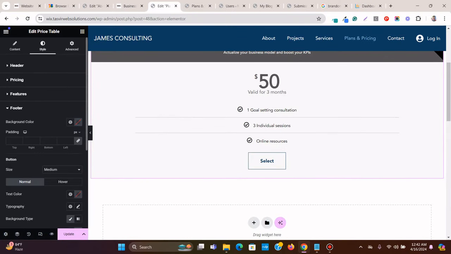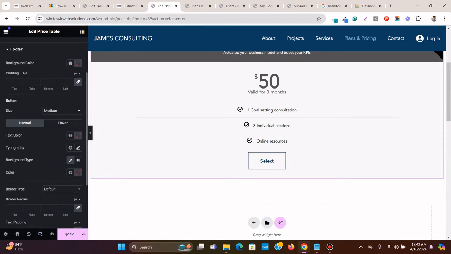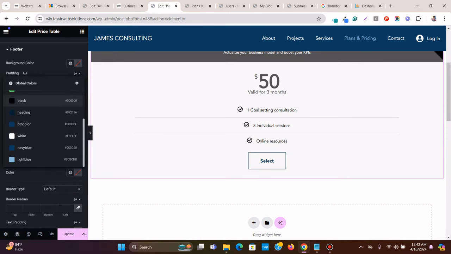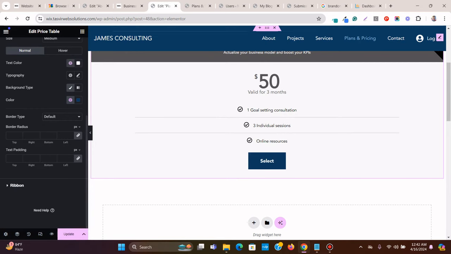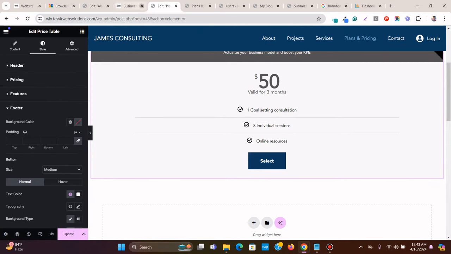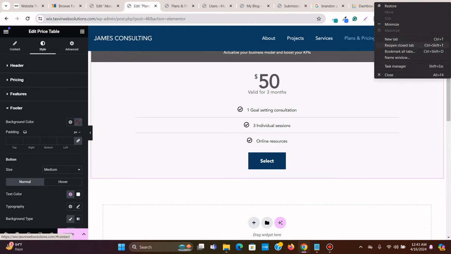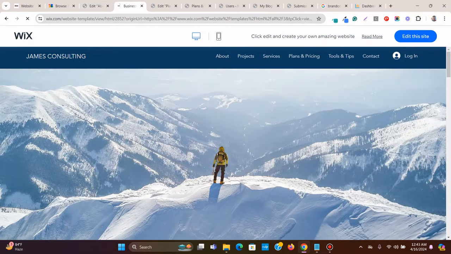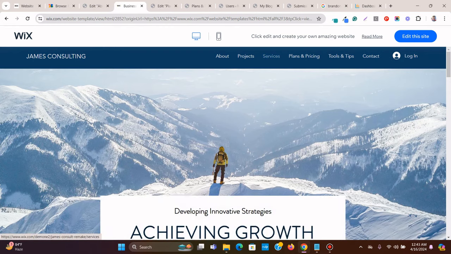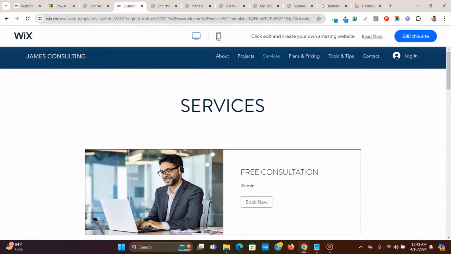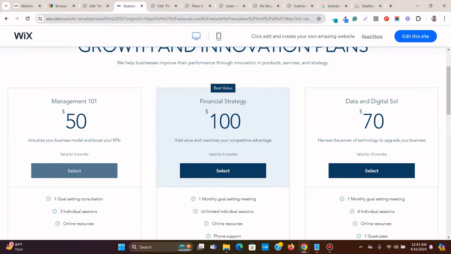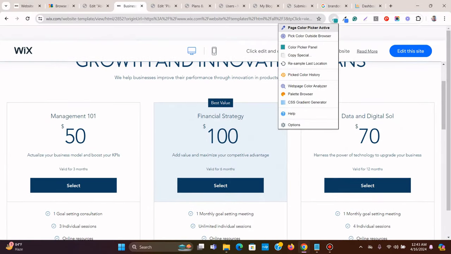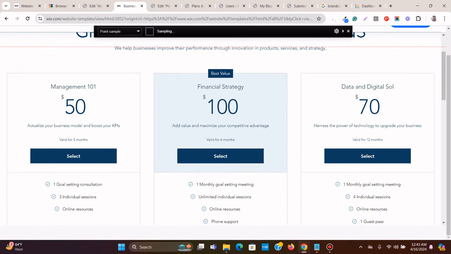Let's go to footer, button background type. I can set a solid background. Okay, button color and text color should be white. Okay, so I can just, oh, let me open this up. This one. Okay, when I hover over it, it changes color. So I can just use the color picker tool to,